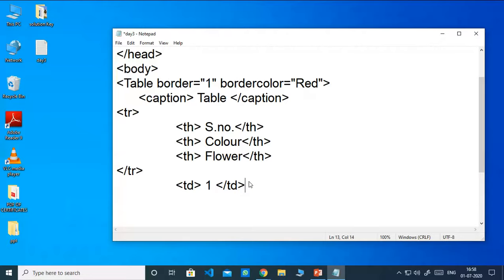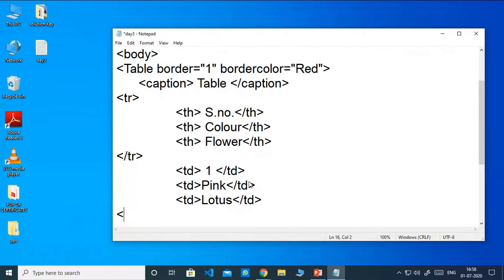First close the TD, come to the next line, then fill the data TD pink, and then close TD, then the third data is, let's say, lotus, and then we'll close the tag.